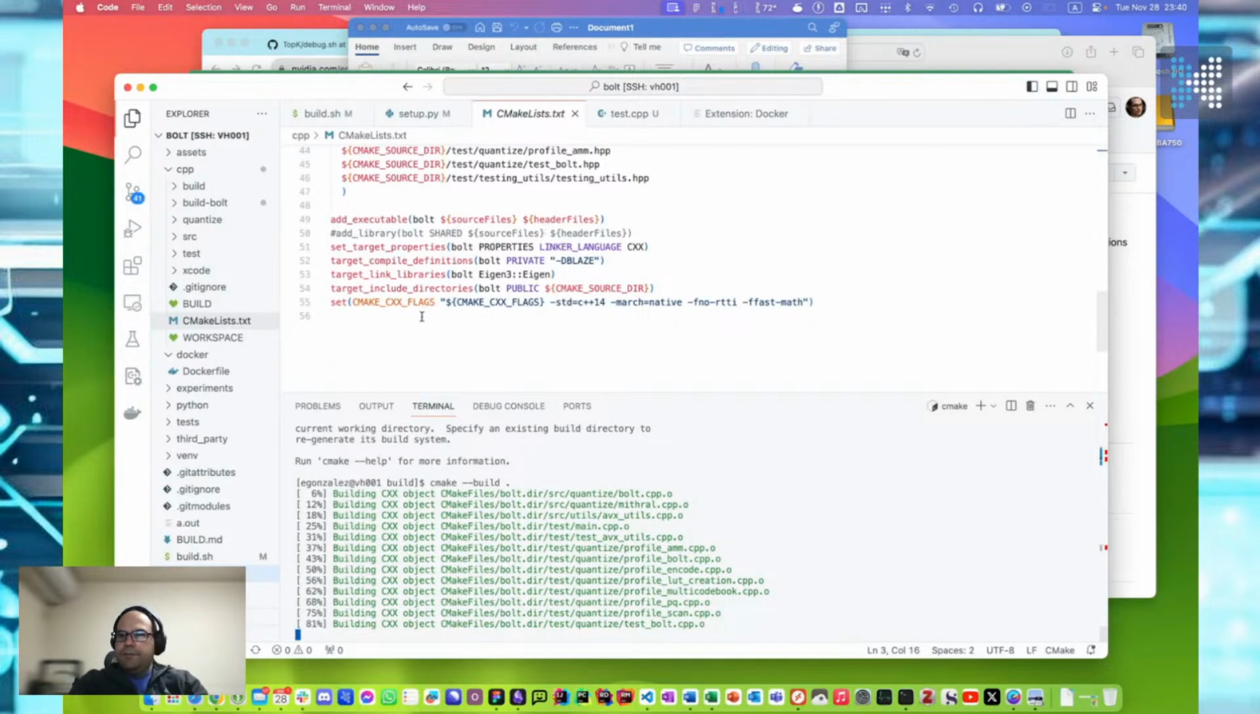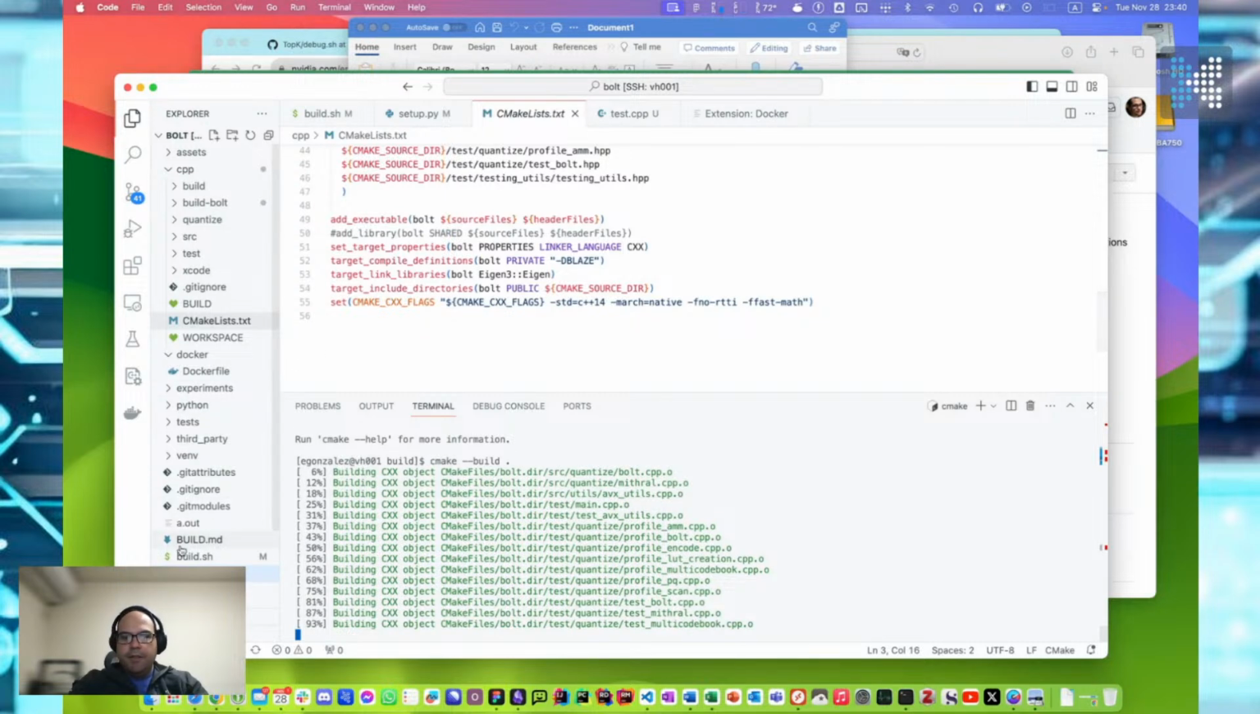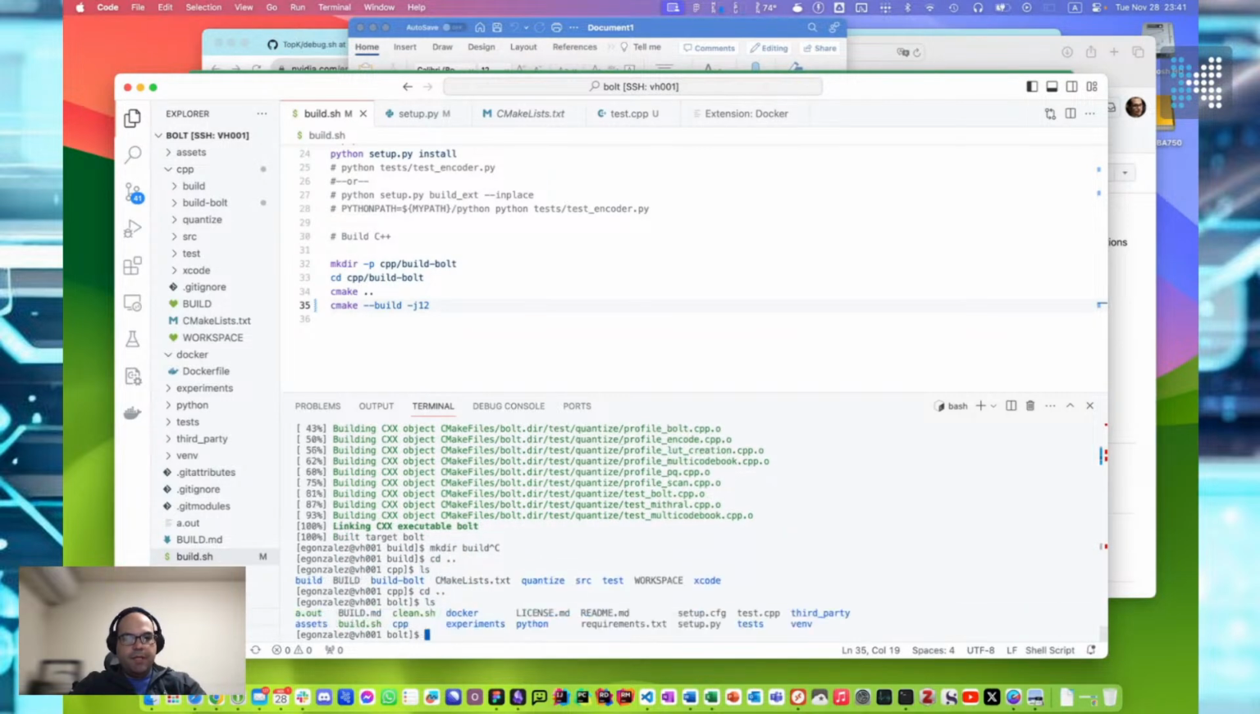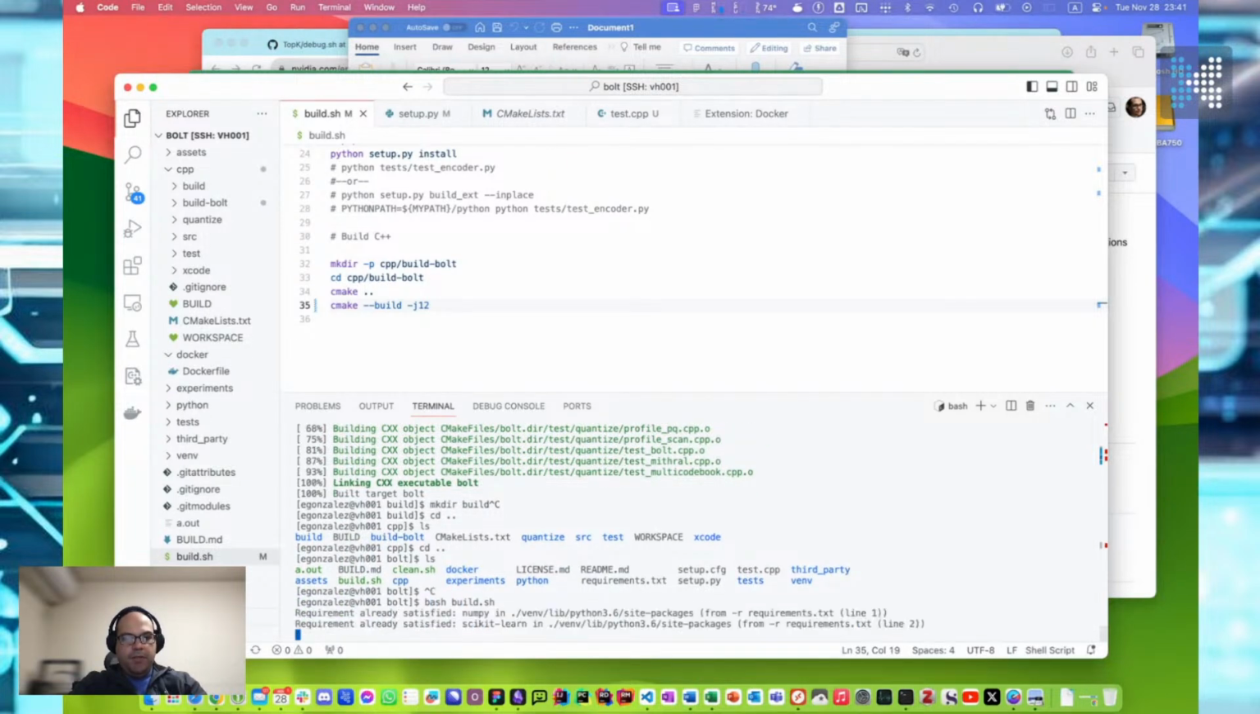What in the world? Why is this not working in here? Oh, because it's running make. Said it should be running CMake. Build -j12. That would work, right? Cool. So that did build. So we know that much works. Now, if we build,